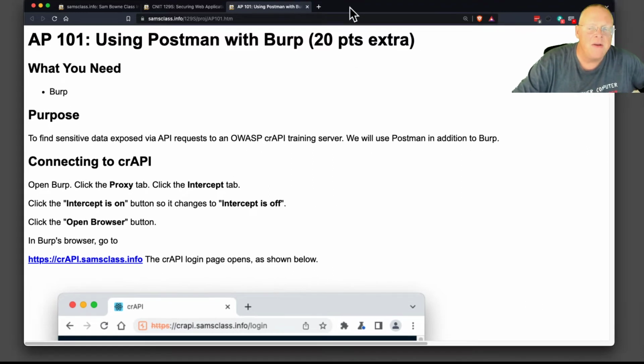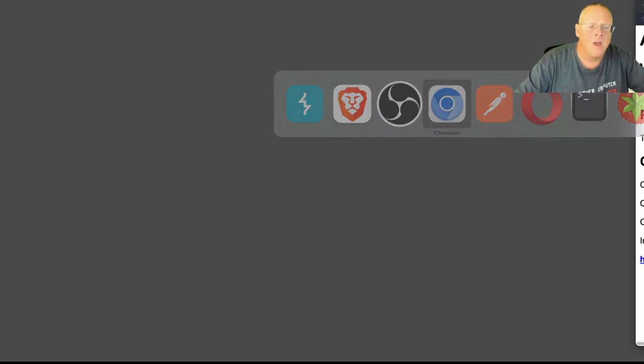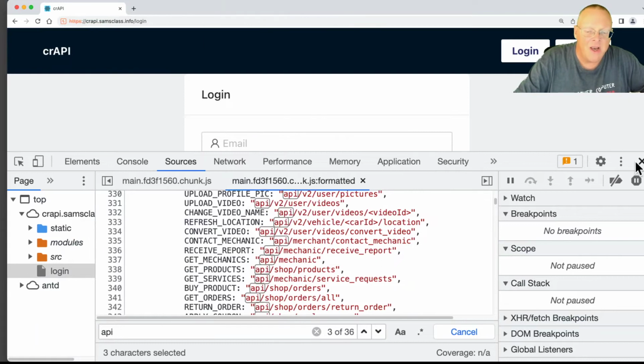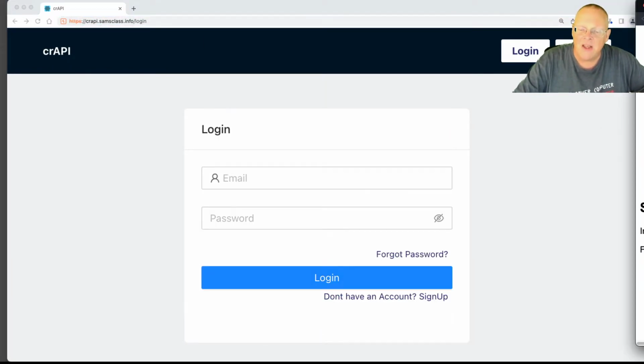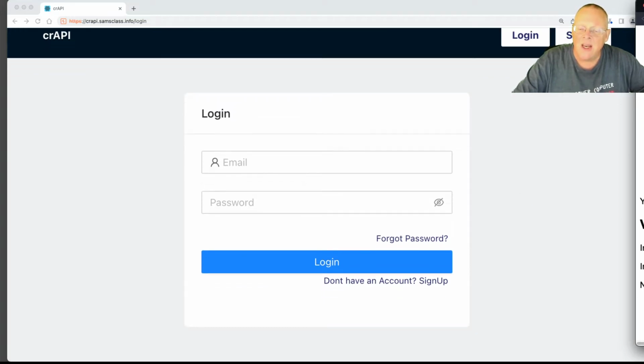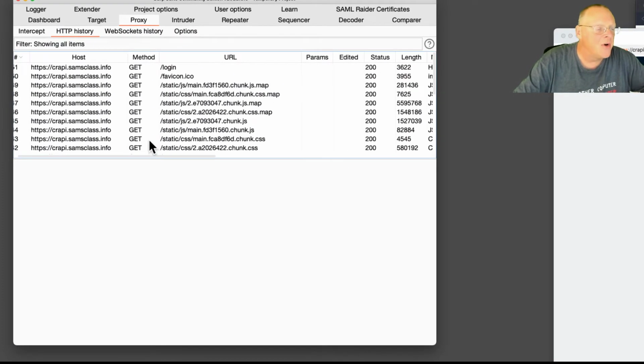So this is API 101, and the first thing, of course, is make sure you're connected, which we already are, with the browser here, going to the login page. We don't need the developer tools anymore. All right. Now that we're connected, we signed up for an account already. And then we're going to view the sign up request, which we did earlier in Burp. So you go to Burp, and